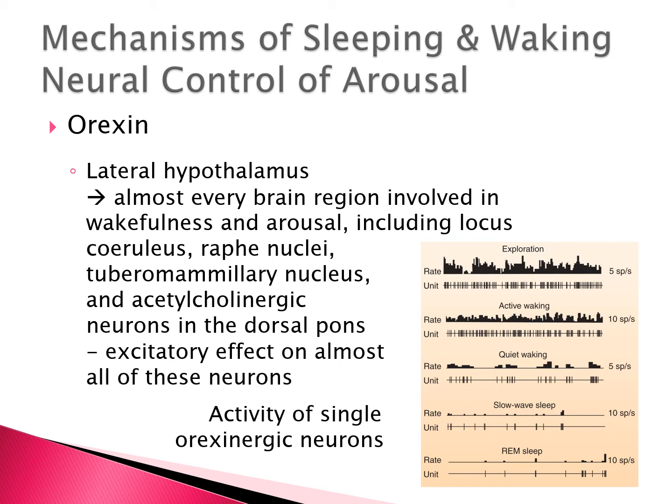The figure to the right there is showing, I'm pretty sure if I remember these are rats, that when they're doing exploration, we see a lot of activity or production of orexin from those orexinergic neurons. We see some, but not as much, just during active waking, some, but even less during quiet waking, and we're really getting towards floor again, almost no activity of those orexinergic neurons when we are in slow wave sleep and when we are in REM sleep, as they actually are going to turn off REM sleep.